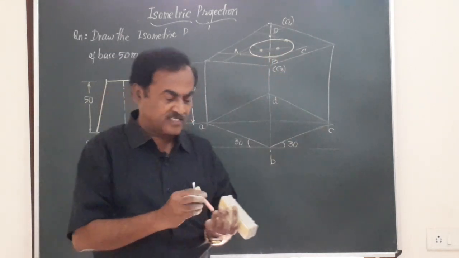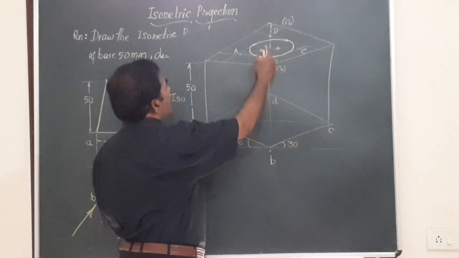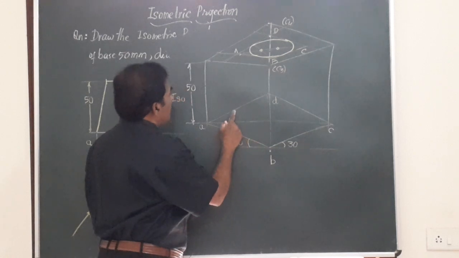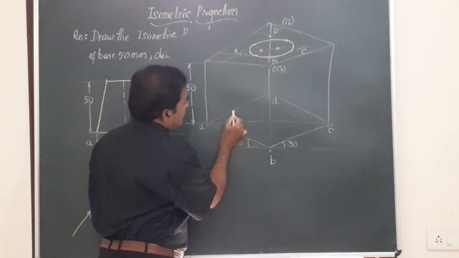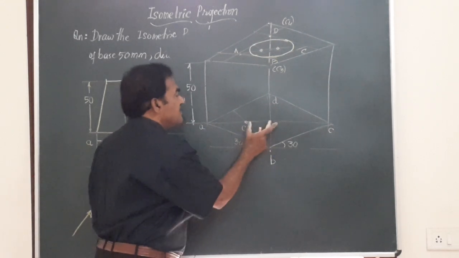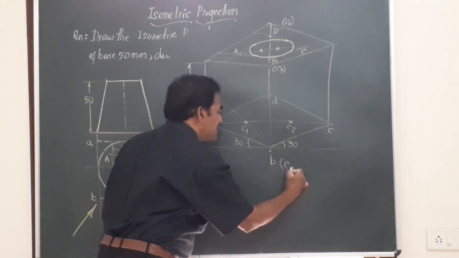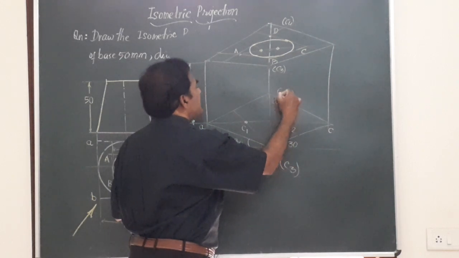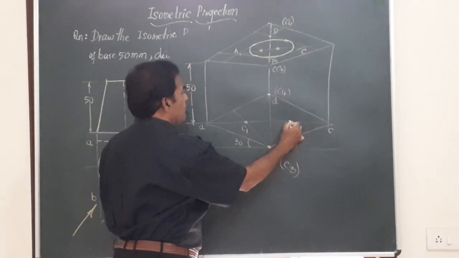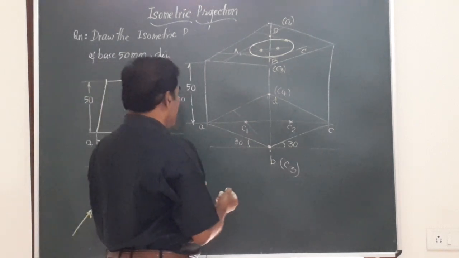Likewise friends, let us see how to draw the isometric projection for the base of that solid. So, we are going to get a bigger ellipse. How to draw? Same procedure, join B to the center of the opposite side, that is AD. It is going to meet somewhere here. So, this is going to be center 1 for the bottom face C1, same distance on the other end, you will get C2, B is center C3 and D is center C4. So, got 4 centers, 1 center here, 1 here, 1 here and 1 here. Follow the same procedure and obtain the isometric projection.